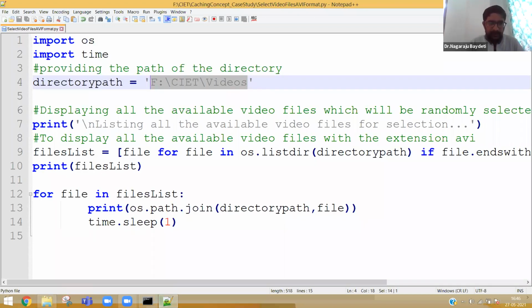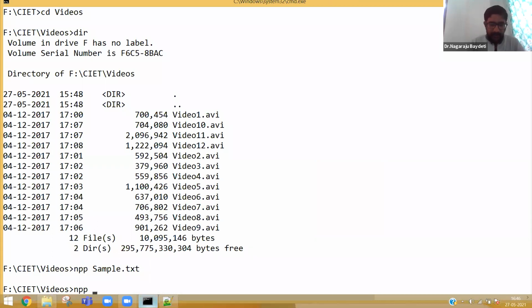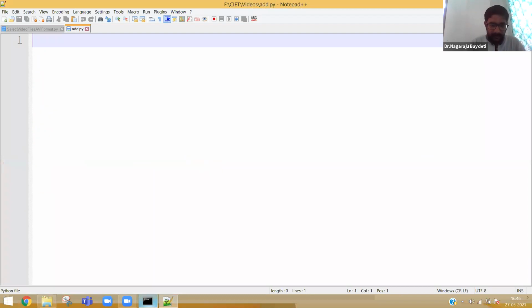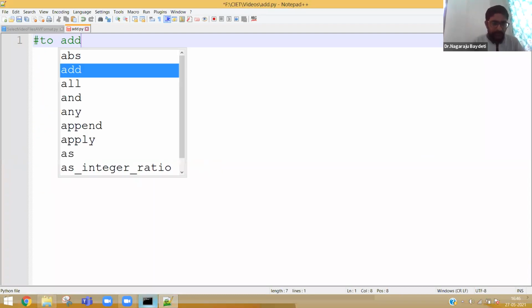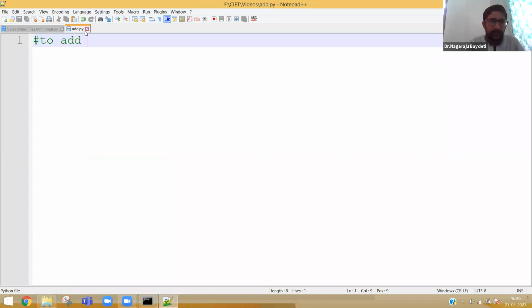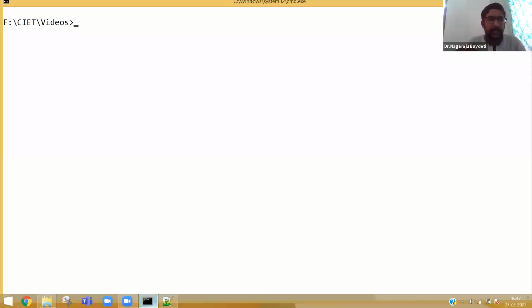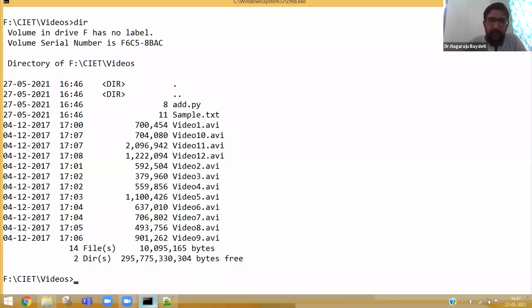Now let me create one more, like npp add.py. Purposefully I am writing two files here. Simply say to add. That's all, nothing is there. Now everybody please observe, in this CAET videos directory, if you say dir, now 14 files are there. In addition to the 12 video files, there are 2 more files. One is a Python file, another one is a text file.